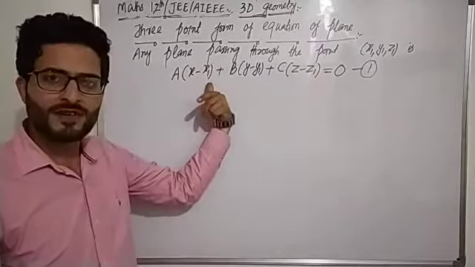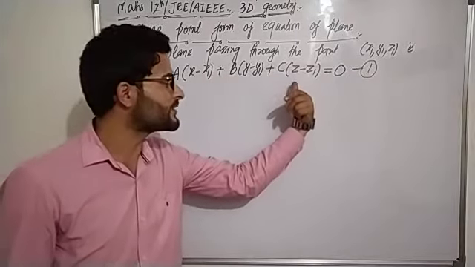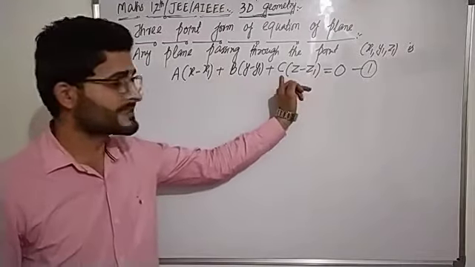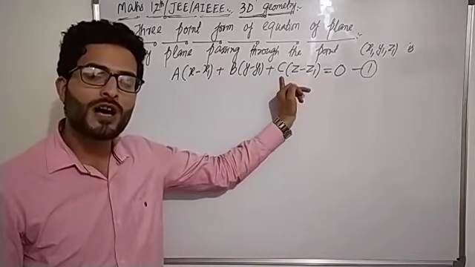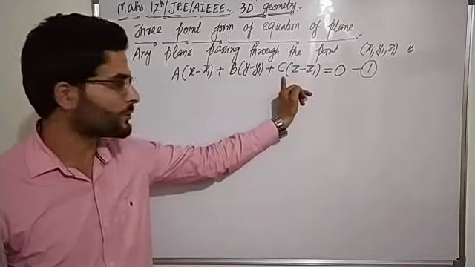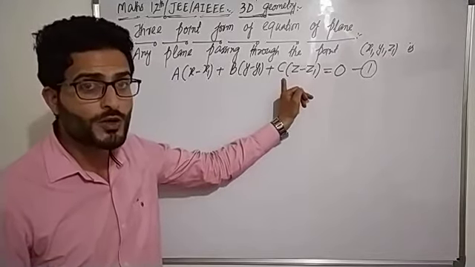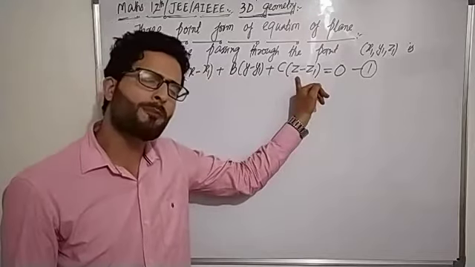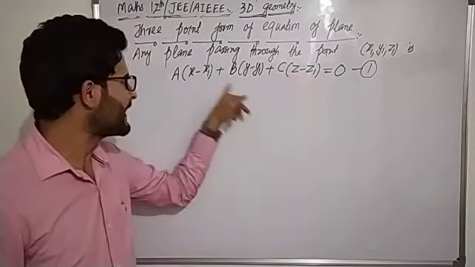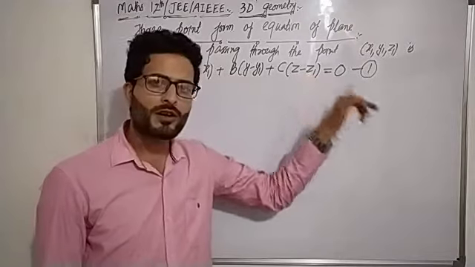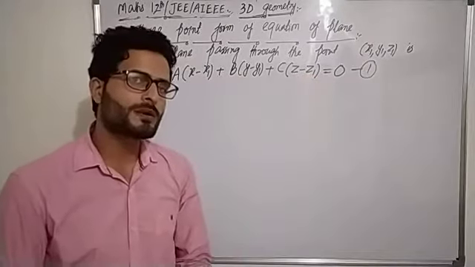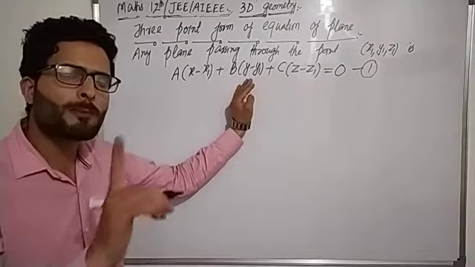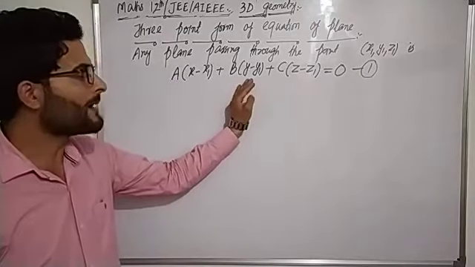a into x minus x1 plus b into y minus y1 plus c into z minus z1 is equal to 0. Where again a, b and c are the direction ratios of normal to the plane, perpendicular to the plane, or we can say that they are the attitude numbers of the plane. X, y, z are the coordinates of any point lying in the plane, and x1, y1, z1 are the coordinates of given point through which the plane passes, right? तो ये है उस प्लेन की इक्वेशन जो एक पॉइंट में से पास हो रहा है।